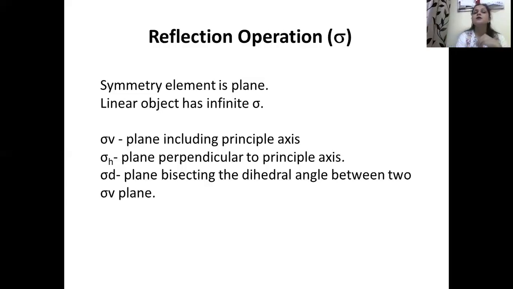And if the principal axis is perpendicular to the mirror plane, then that plane is called the horizontal plane. I will give you the example of the horizontal plane. Let us again take the example of the BF3 molecule, which is a planar one. Now, if I look at the different axes, we know this molecule has C3 from here and the C2 from this position.